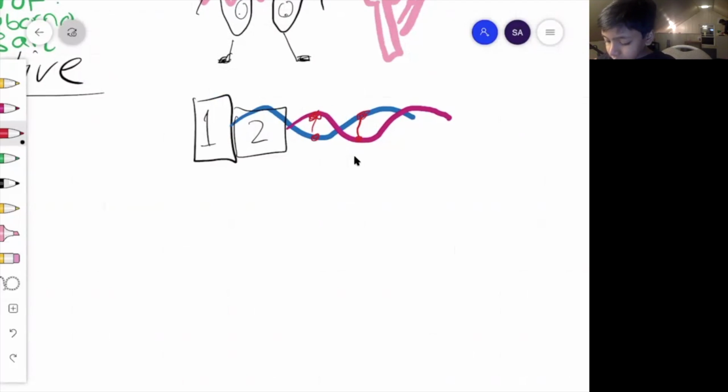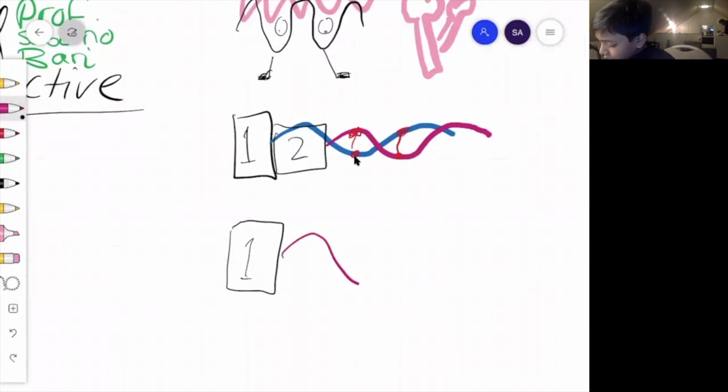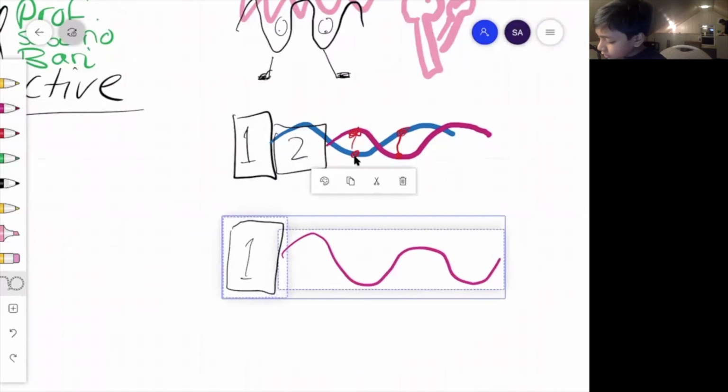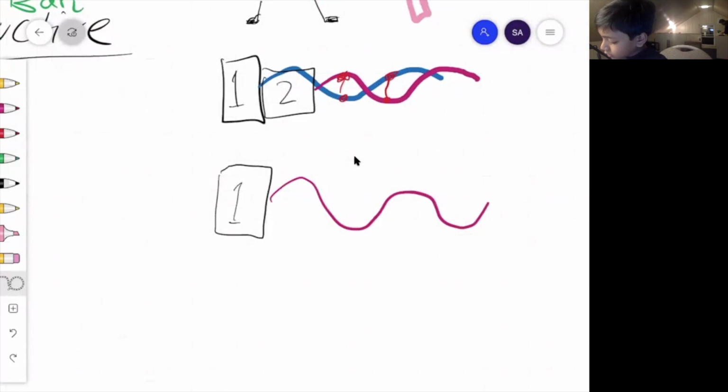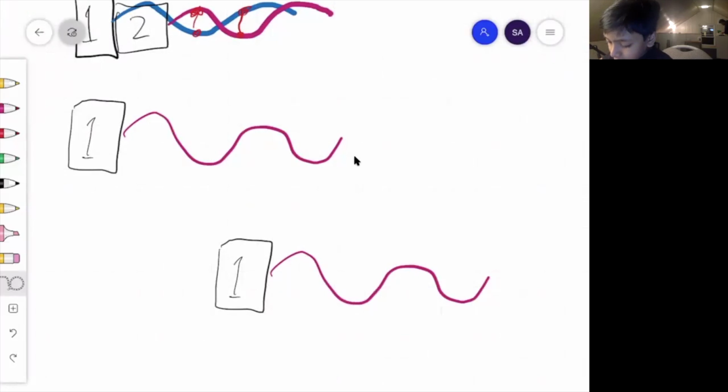So now I'm going to make some new things. I'm going to select this over here, copy it, and paste it, and then I'm just going to take a new model of that.